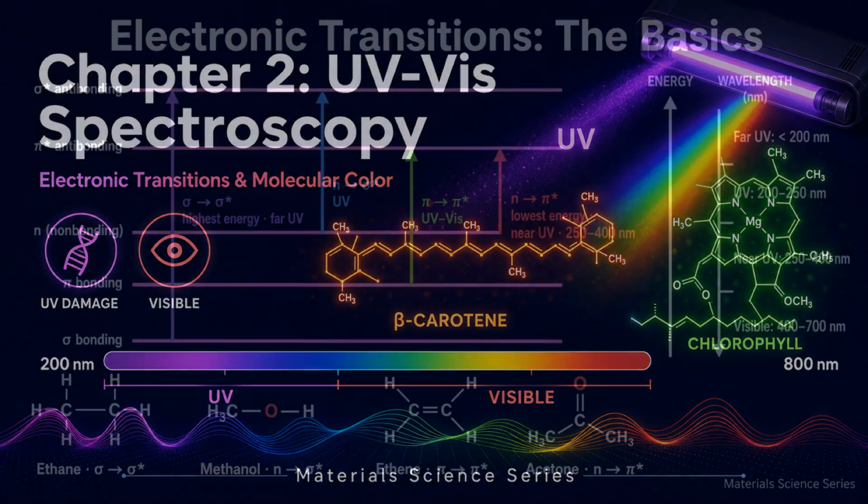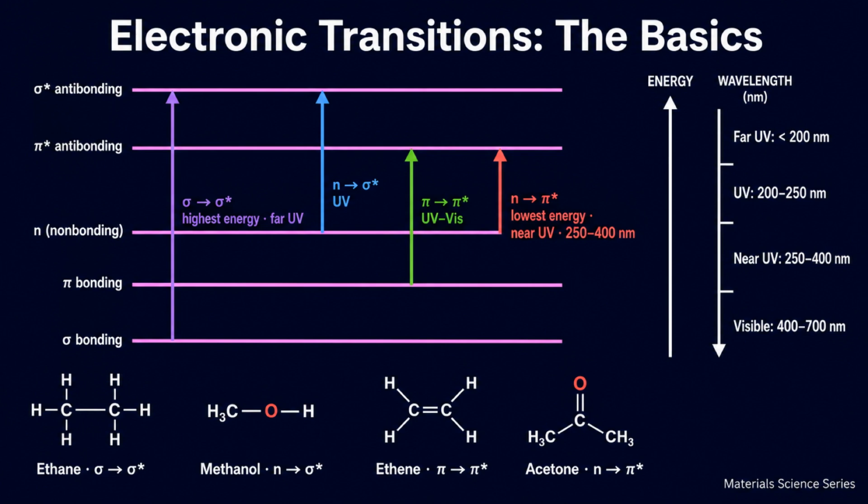measurements. Electronic transitions involve moving electrons between molecular orbitals. Four main transition types exist, ordered by decreasing energy. Sigma to sigma star requires far UV light and occurs in saturated compounds. N to sigma star involves lone pair electrons transitioning to antibonding orbitals. Pi to pi star transitions happen in unsaturated systems and often fall in the UV visible range. N to pi star transitions are the lowest energy and appear in compounds with both lone pairs and pi systems